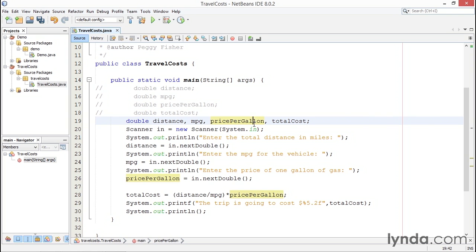For all assignments and equations in Java, we'll always have the receiving variable on the left-hand side. Distance equals in dot next double, open and close parentheses, and a semicolon. This is going to read whatever the user types. It's going to look for a number that has a decimal, and it's going to put it into the variable